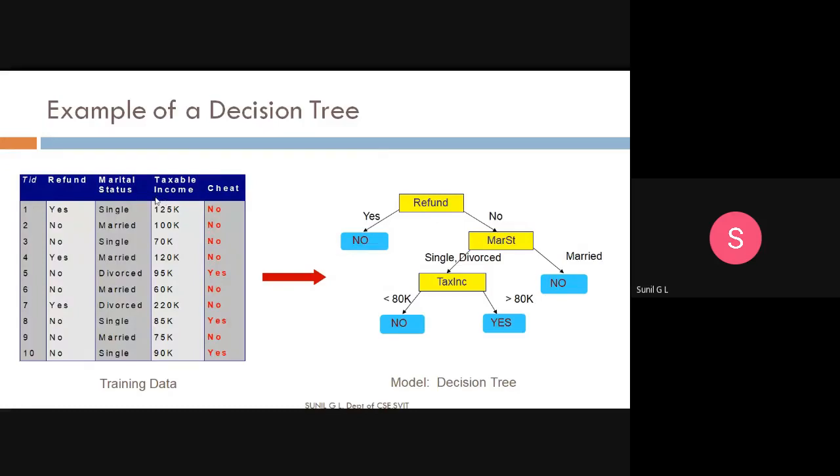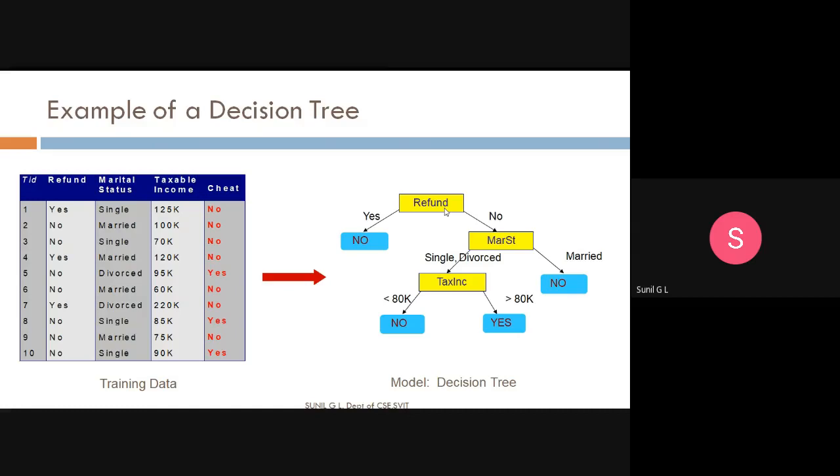Now, if refund is no, suppose a particular person has taken a loan or something, so he is not able to refund. If refund is no, then we will have marital status.